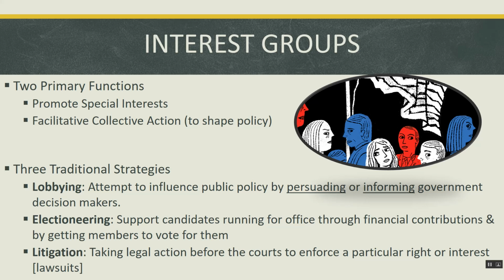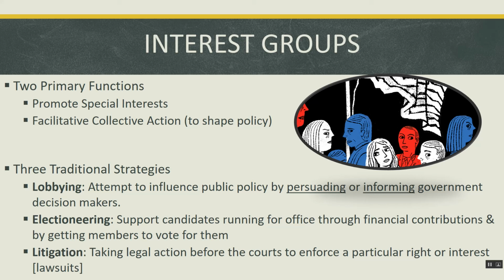If I am an elected official in Oklahoma, for example, it might be helpful for me to pay attention to what the NCAI, the National Congress of American Indians, has to tell me, just so I know how Native Americans feel about different issues in our communities, and so that I know what unique problems are facing the tribes of our state. If I don't know what problems are facing them because I haven't listened to their interest groups, I can't address those problems, even if I want to. So again, lobbying is the most common and it is the most effective strategy used by interest groups, but it's